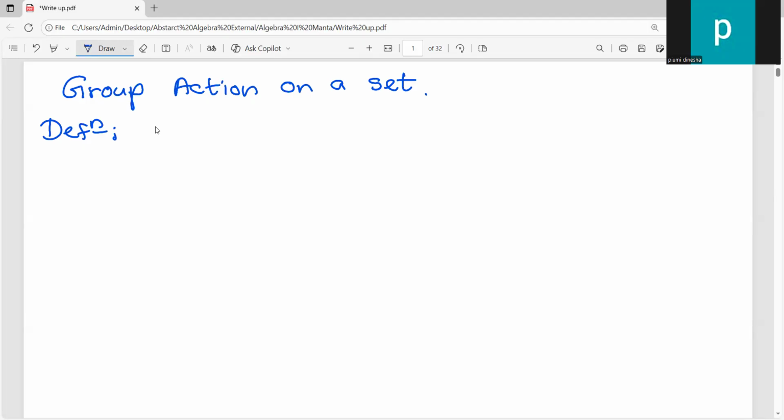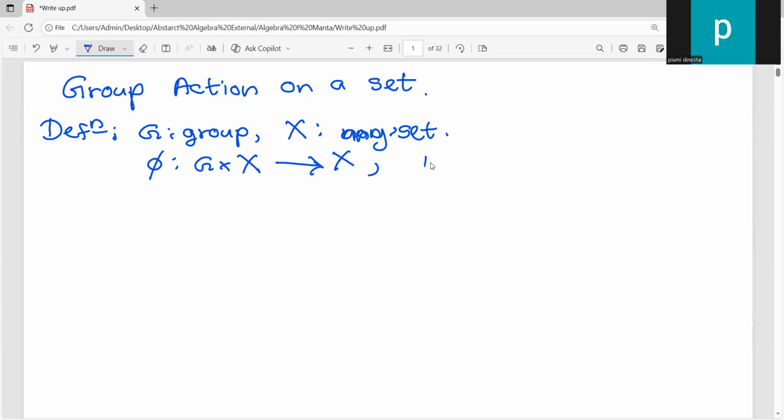Let me first write: G a group, X a non-empty set, any set. So the group action, which we will define as phi, is a function from G cross X to X